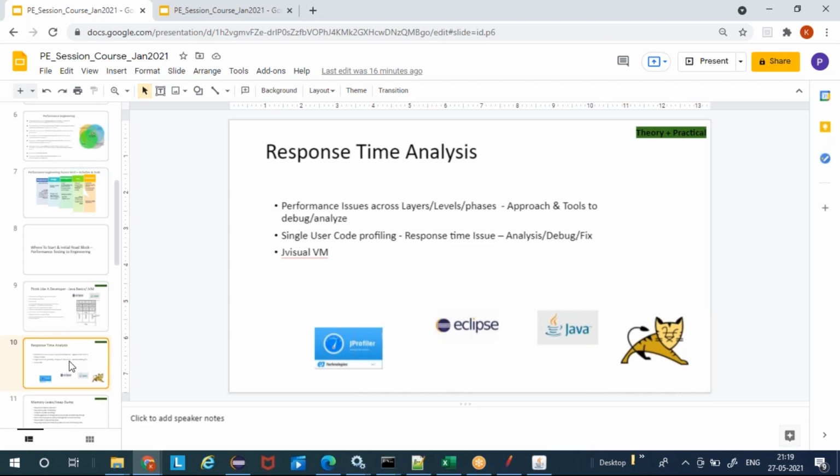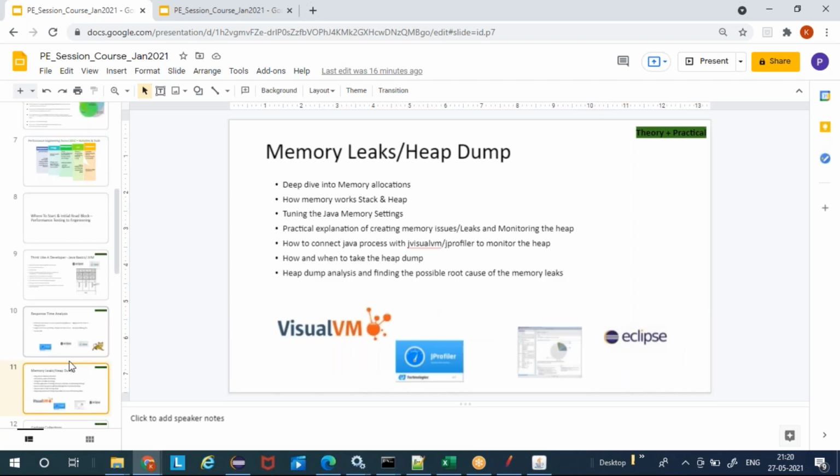That is how we will address the response time problem from a single user perspective, as early performance work, not load testing. Load testing is a little different. This is more about single-user server-side profiling that we do early in the life cycle as part of the engineering scope. Similarly, for every page and every functionality in your application, we need to optimize the response time.